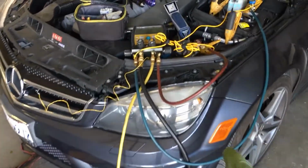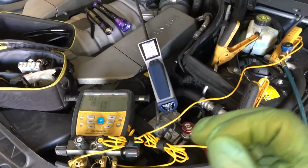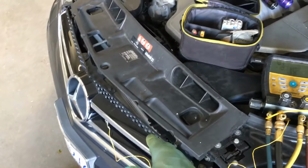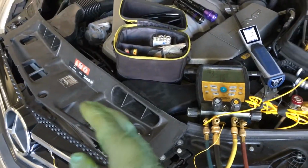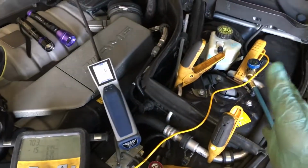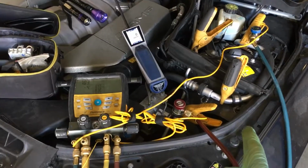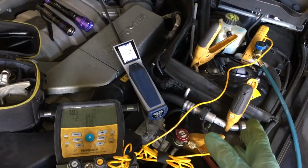2008 C63 Mercedes, about to perform a recharge. They already got a new condenser; it was in a front end collision. I already injected the oil and the dye. I'm about to refill it, so this one is going to get its charge here in a few minutes,